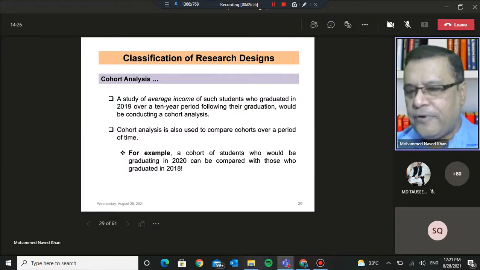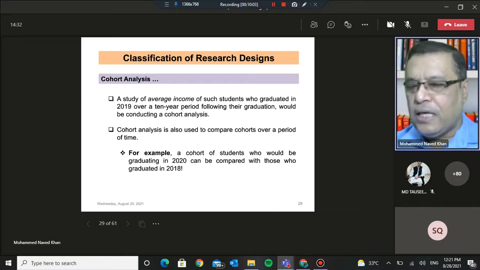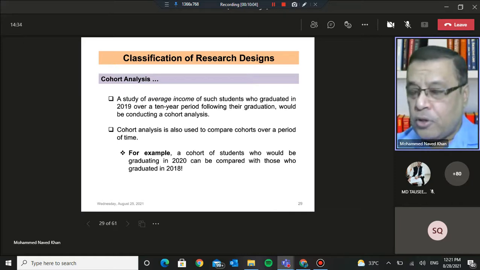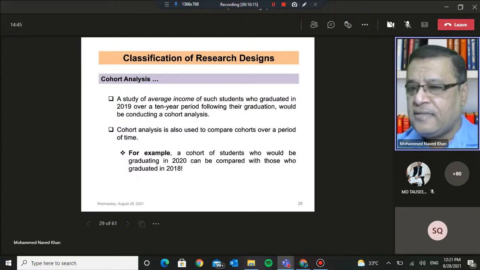So I hope you will appreciate that. This will give a very interesting insight into how the income profile changes. But one thing you have to keep in mind is that I will not be approaching exactly the same set of individuals repeatedly, because I'm discussing this under, remember, cross-sectional designs. And in cross-sectional designs, the basic characteristic is that the sample does not remain fixed. So each time I want to administer my questionnaire on this cohort, I'll be drawing a fresh sample from this cohort.